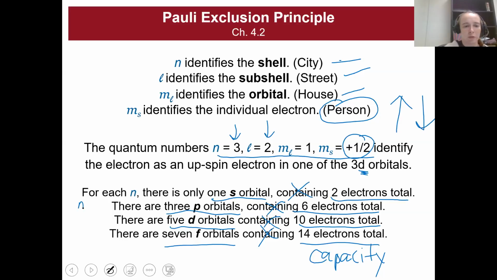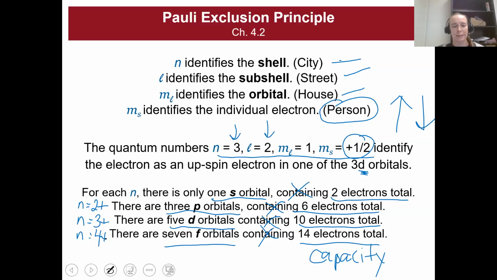So here we have to be n equals 2 plus. Here we have to be n equals 3 plus. And here we have to be n equals 4 plus. And if you don't remember why, you should take a look at the last lecture video because you should know why. We learned about the values of n and how they correspond to the different subshells. All right, so